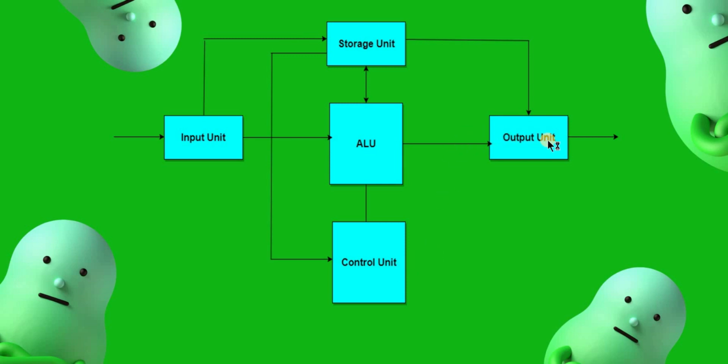output unit. From the memory unit the result will be displayed to the output unit, that means to the monitor. Control unit sends the result to the storage, ALU sends the result to the MU or storage unit. Control unit gives the command to display that result to the output unit. That is the flow of data in a computer system.